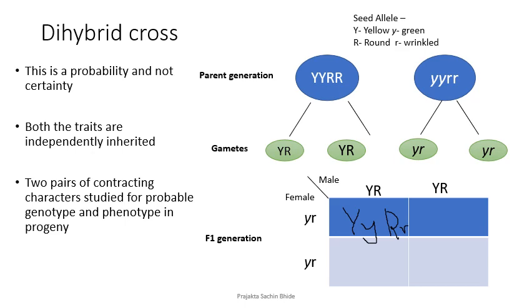So if you want to tell me the phenotype of this generation, what do you think it would be? Capital Y, small y. So this is dominant. So I will have a heterozygous plant which has yellow and round seeds. Will the green and wrinkled get expressed in this generation? No, they wouldn't.